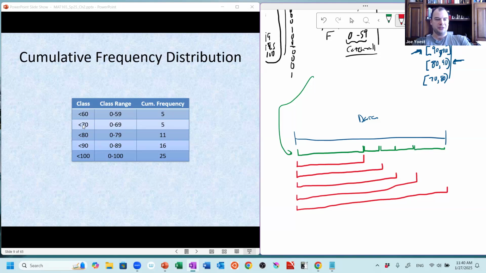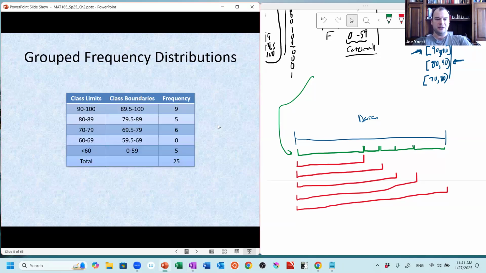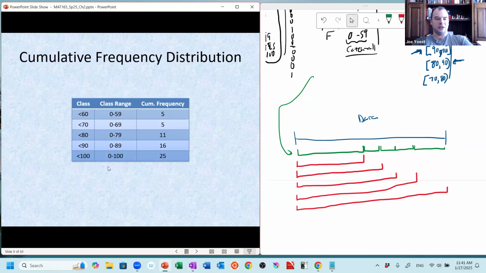The less than 70 class includes all the previous people, the 0 to 59s, plus potentially some other folks who scored 59.5 or 60 all the way up through 69. And it does turn out that we had none of those folks. Nobody scored between 59.5 and 69. So we don't accumulate any more folks by expanding this bin. There were 0 folks in here. So when I expand my bin out, I don't pick up anybody else. But the next time I expand,